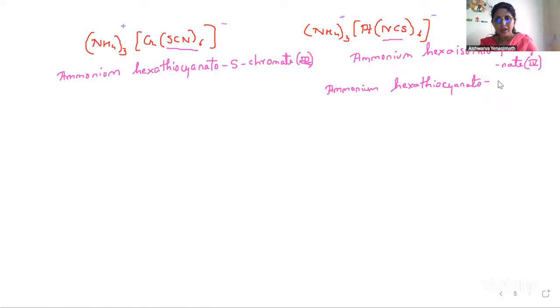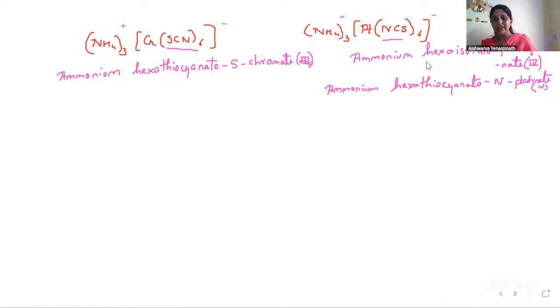Thiocyaneto, I'll write it as N, and the site of point of attachment is N. Then I'll write platinate 4. Yes. So this is how, if the point of attachment in case of unidentate ligands,